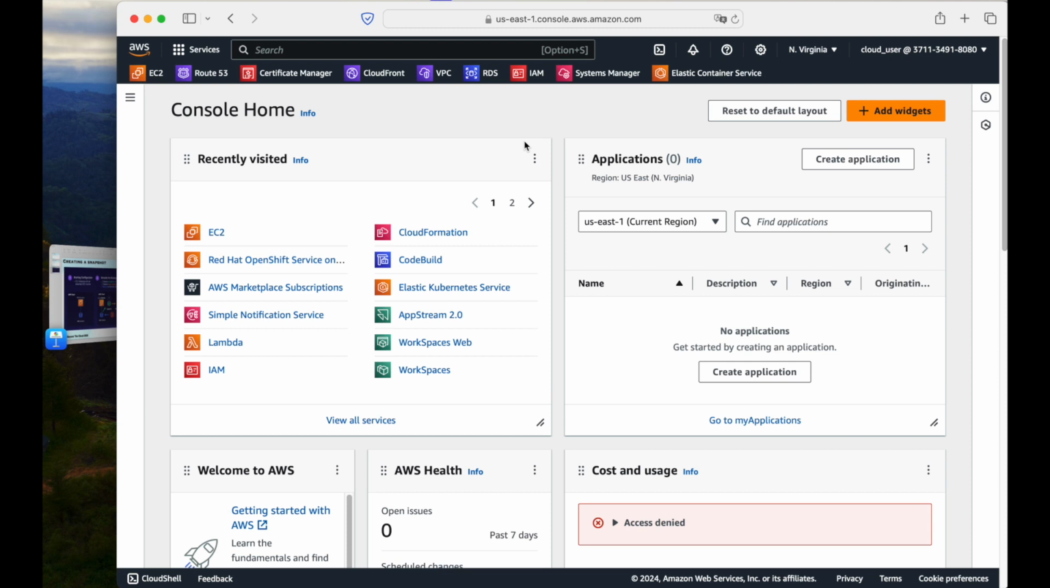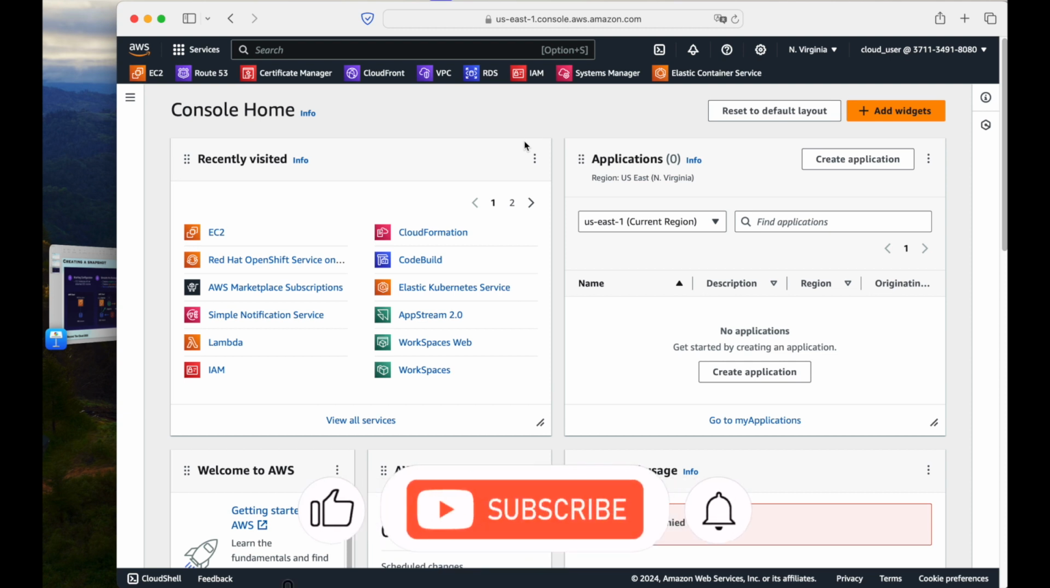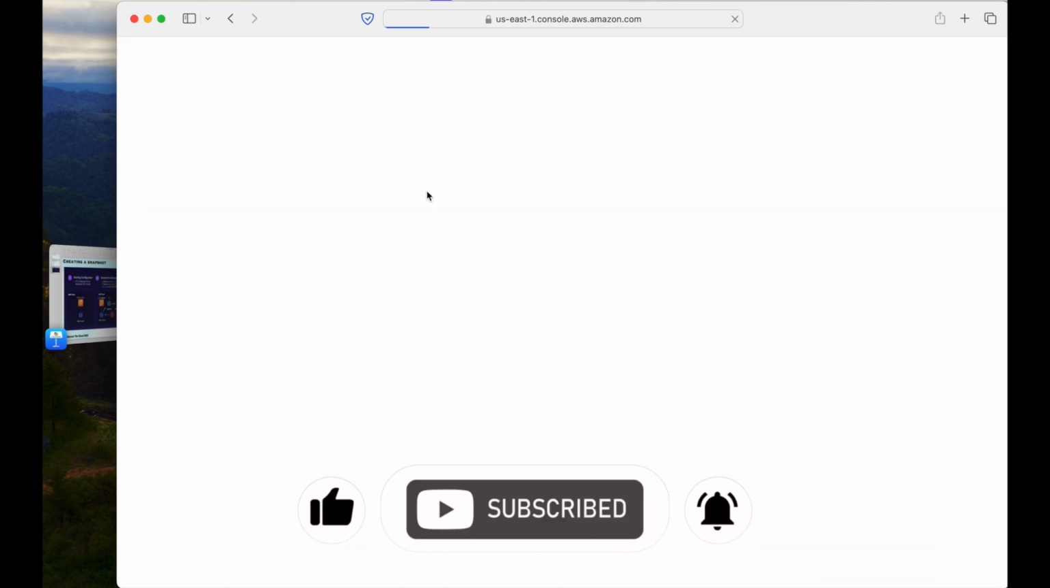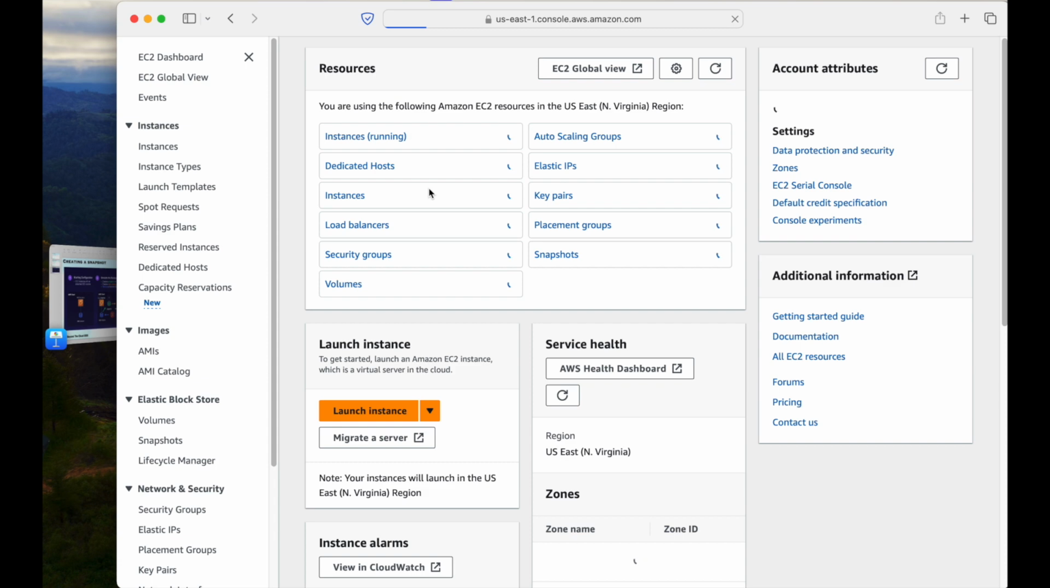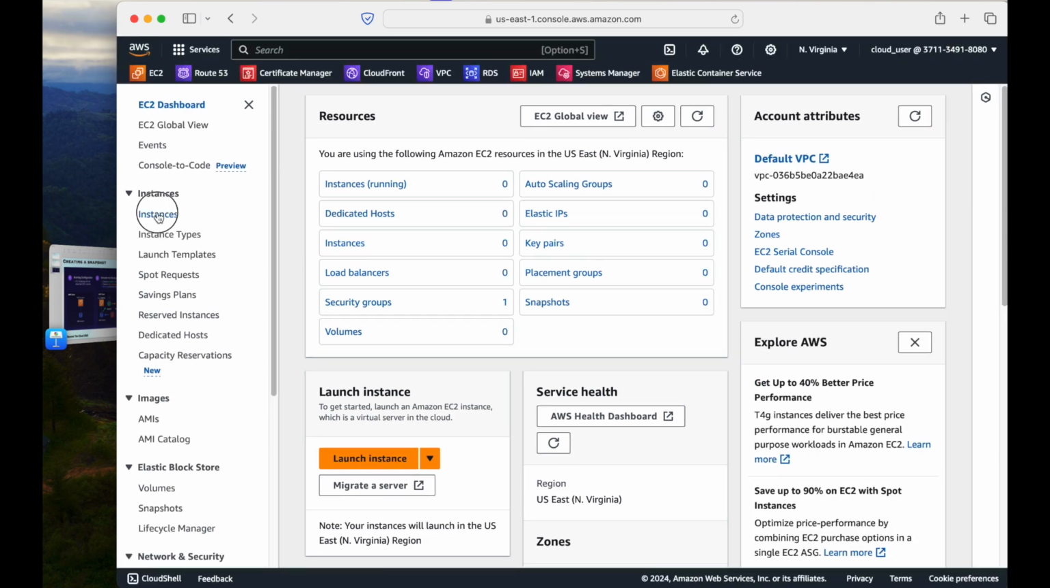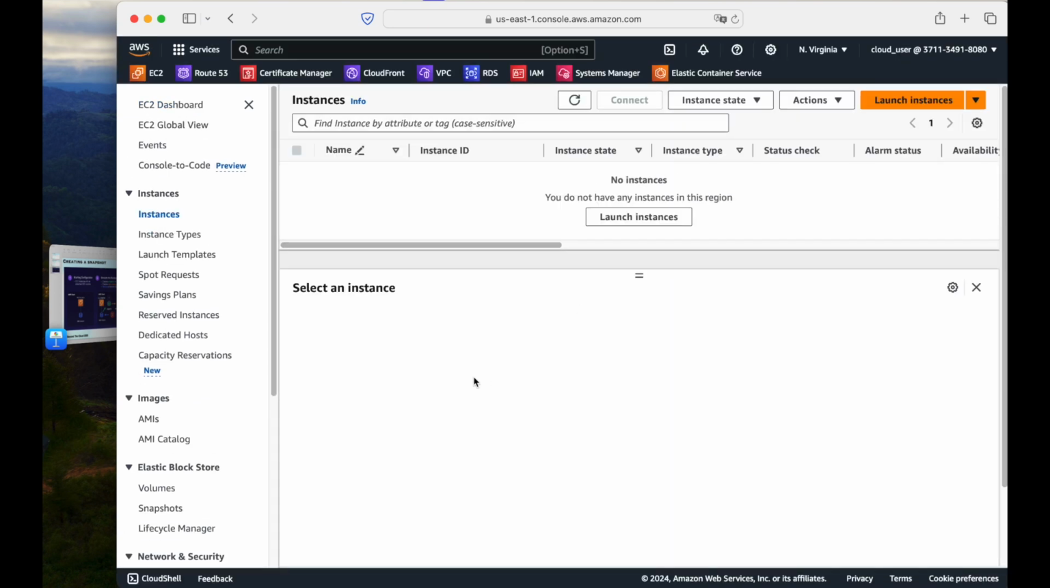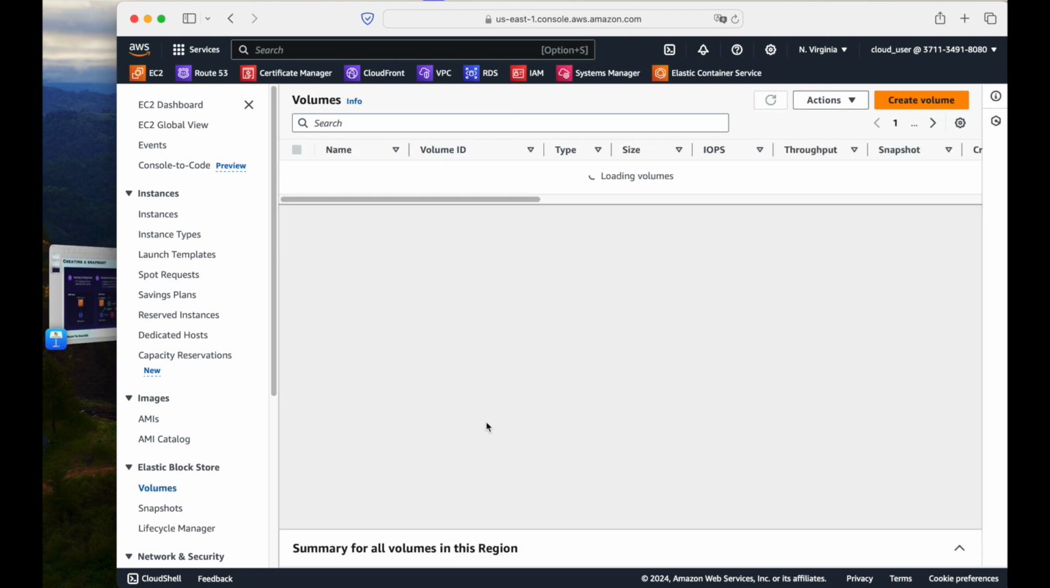Now, I'm into my AWS Management Console, and we will go to the EC2 console just to find out if there are any EC2 instances running or not. Currently I can see there are no instances running. And let's go to volumes first and see that there are currently no volumes in this particular region,